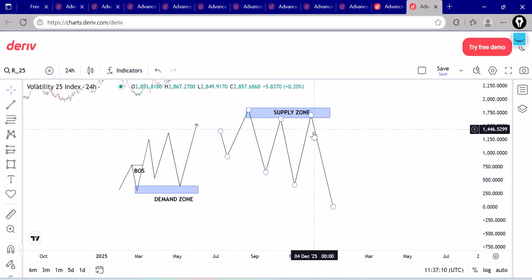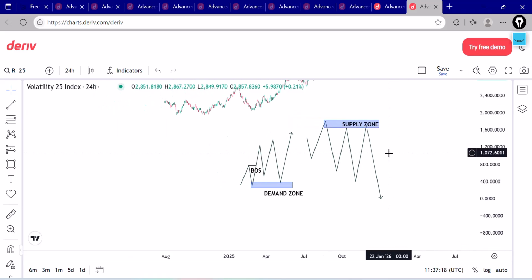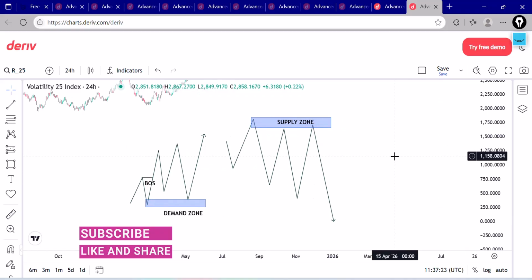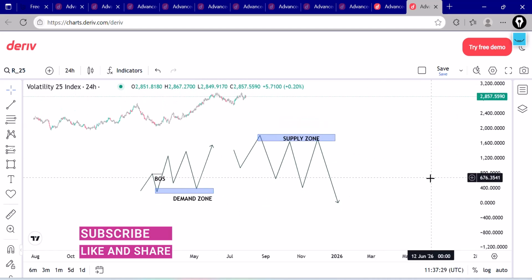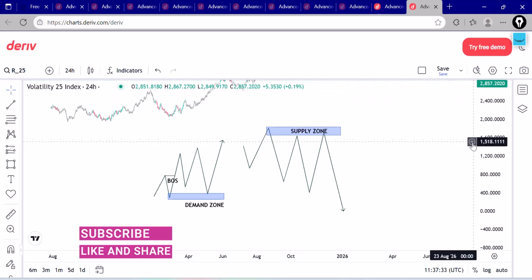The same thing applies to the supply zone. So take time, look out for examples of this in your chart, go through it and practice. In our next lesson we're going to be looking at order block, fair value gap, more liquidity and entry criteria. So take your time, go through our previous videos, understand the chart, understand market structure,